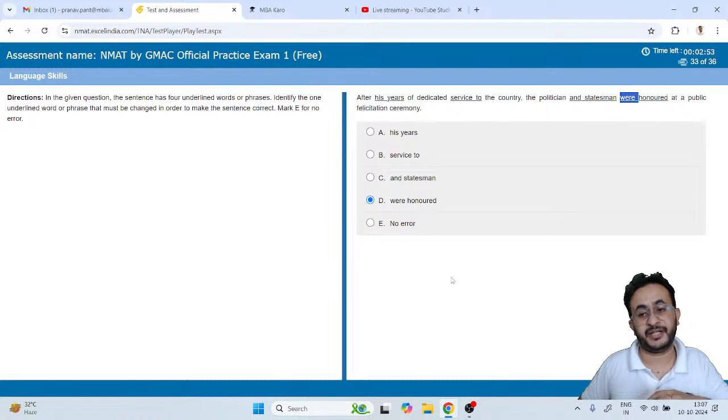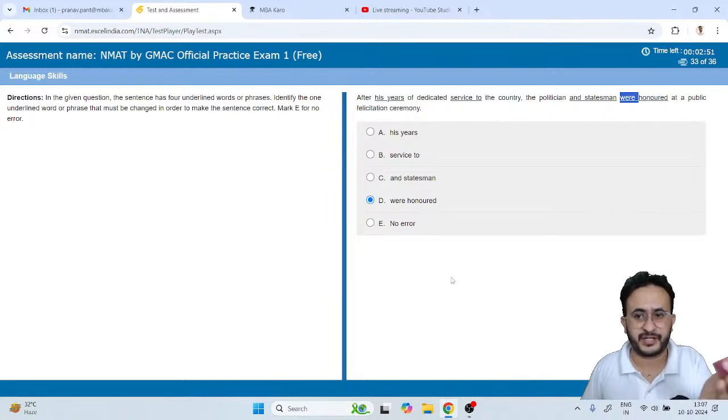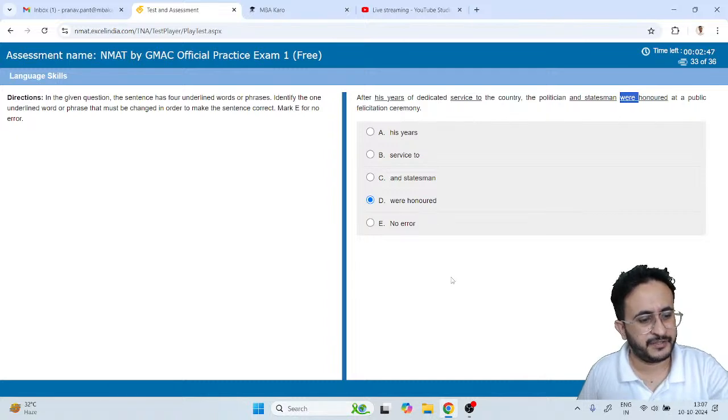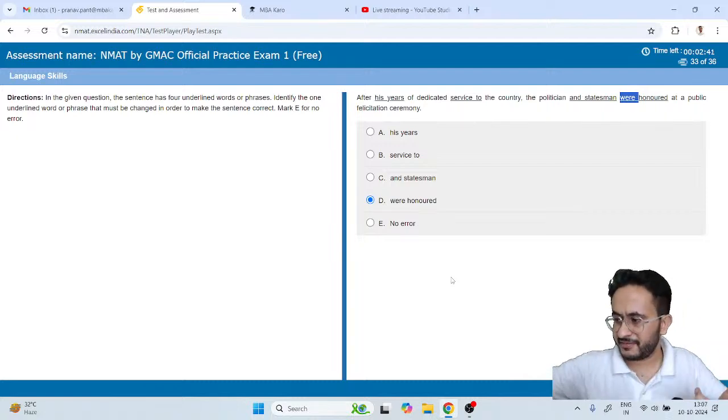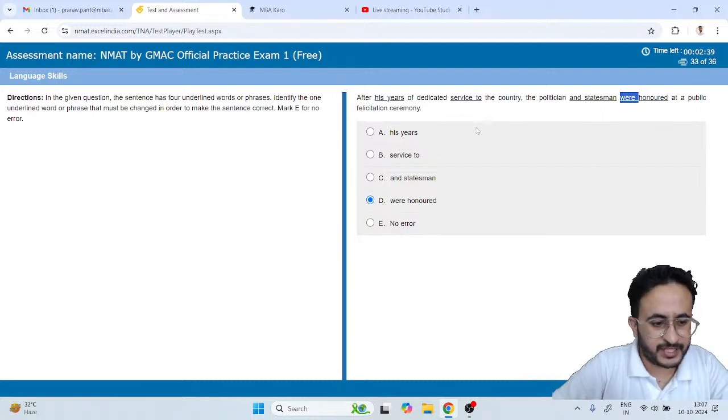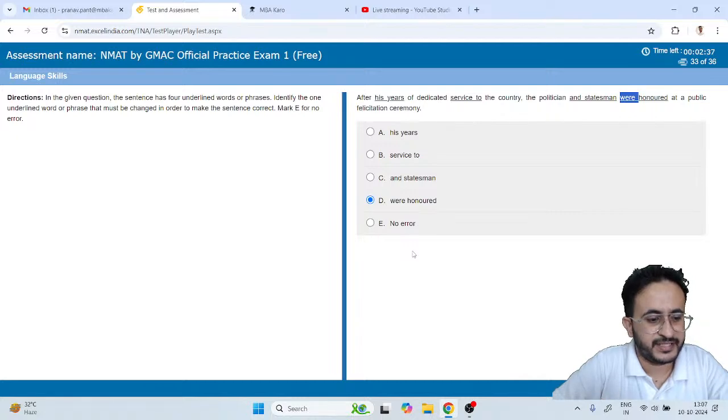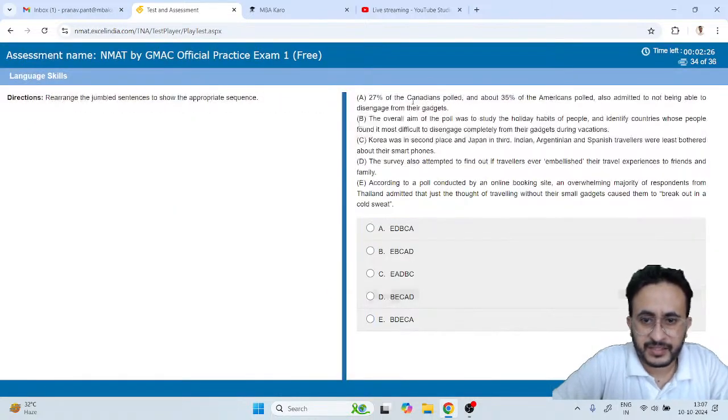Subject verb agreement, right? And in our class also we took this kind of a question wherein it refers to the same person. Even in our rule book, like subject verb agreement, we say that it's a very important thing. So when we are talking about the same person, politician and statesman, they refer to the same person. So there is only one person involved, hence it should be was honored. Okay, acha,